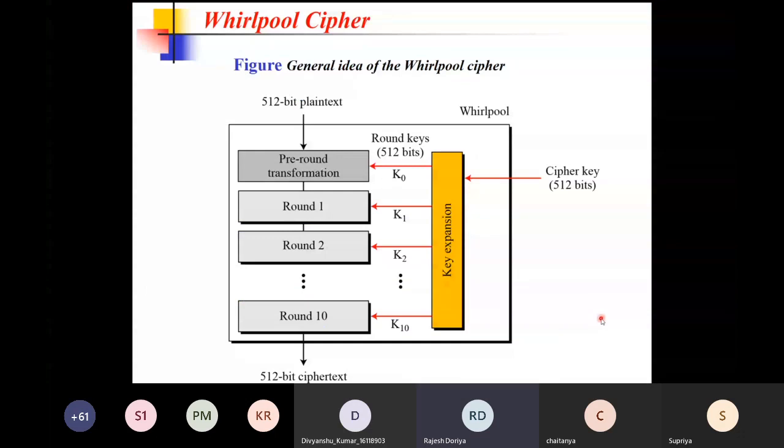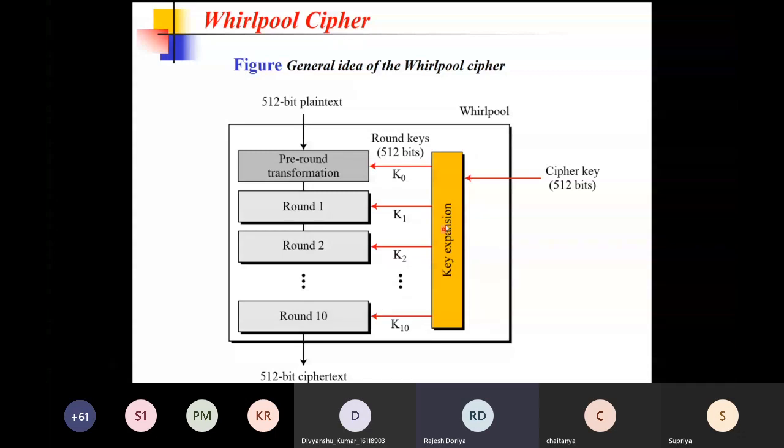As you can see, it is very analogous to AES, where we have n number of rounds. Over here, n is 10, right? And we do have a pre-round transformation, and the input is your 512-bit plain text. And each round has a different key. And how exactly are we going to have a different key? With the help of the key expansion mechanism.